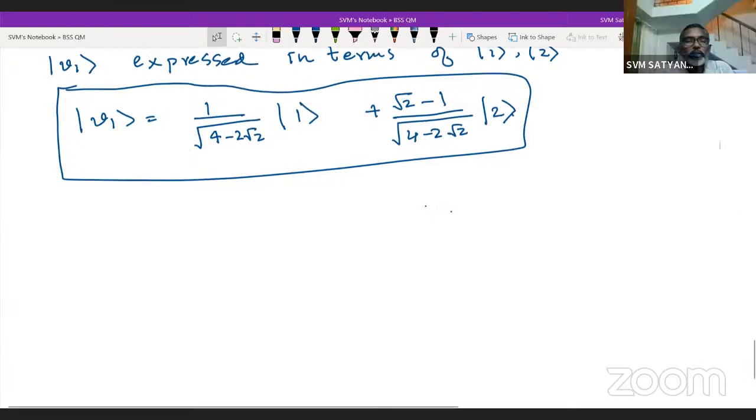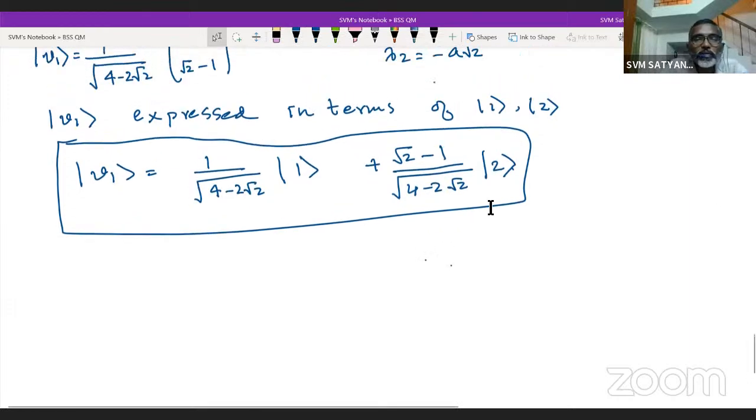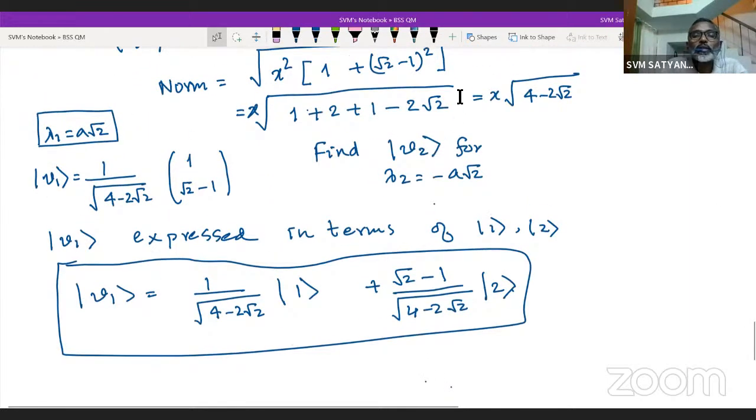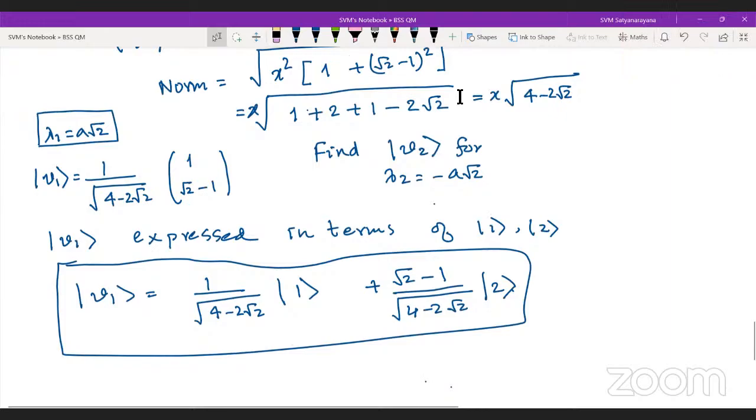Okay, so I will stop here. My request is that you should redo these problems on your own once, and then take any textbook and try to solve some similar problems so that you can get some